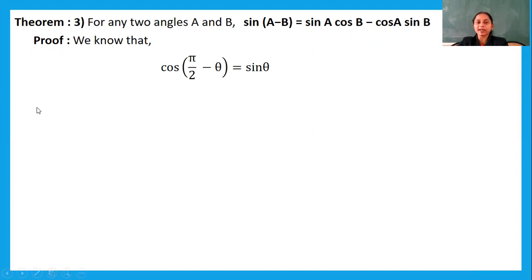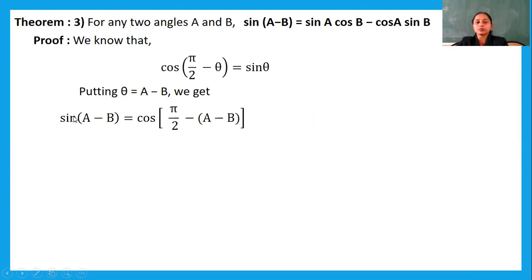Now cos pi by 2 minus theta is sin theta. That means here I can write this sin a minus b in terms of cos, and for this I can write sin pi by 2. Sin a minus b is cos pi by 2 minus theta, and theta is now here a minus b. Now using the result for cos a, pi by 2 minus a minus b,